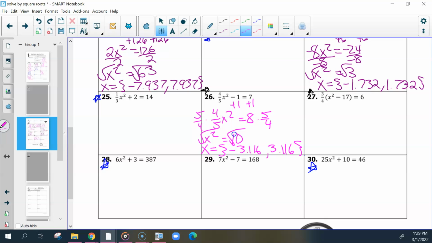Okay. The last one we're going to do together. Number 27. There are 2 different ways to go about doing this. You could either distribute first, or you could get rid of that fraction first since it's on the outside by multiplying by the reciprocal. This one will be okay to multiply by the reciprocal because 6 can be divided by 3. If it was a number that could not be divided by 3, then that would not be the best idea. So if we multiply both sides by 4/3,